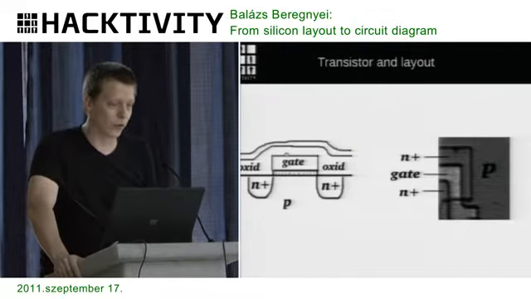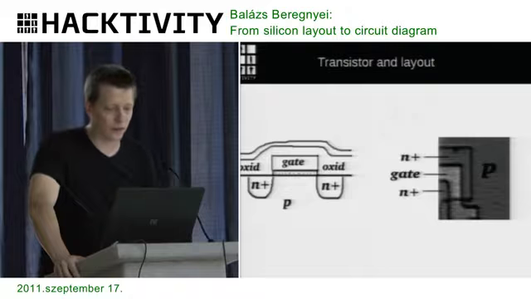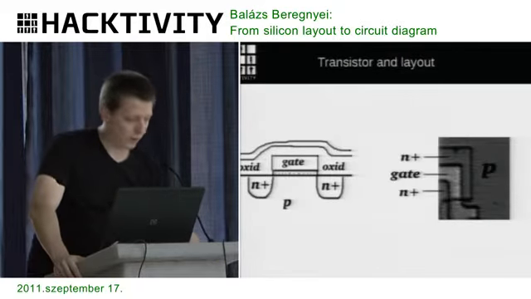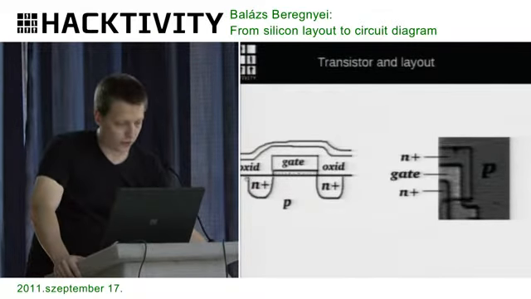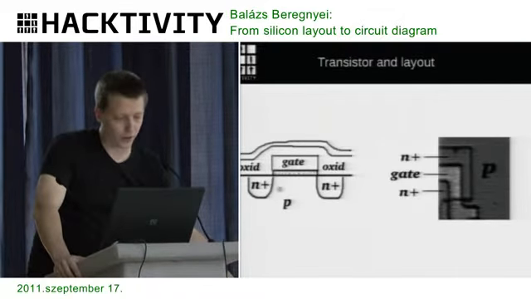So basically this is a three-dimensional structure with several layers, but there's only one transistor layer, and this is called the active zone. From here to there, between the two N pluses, there is current